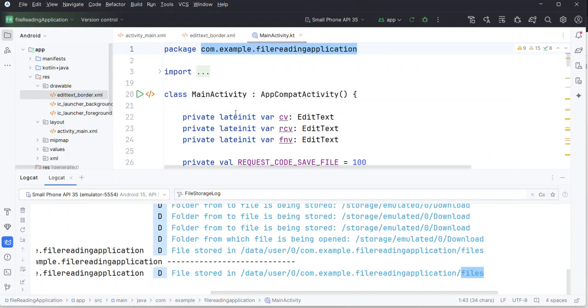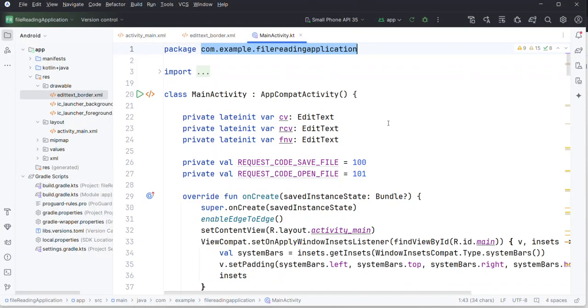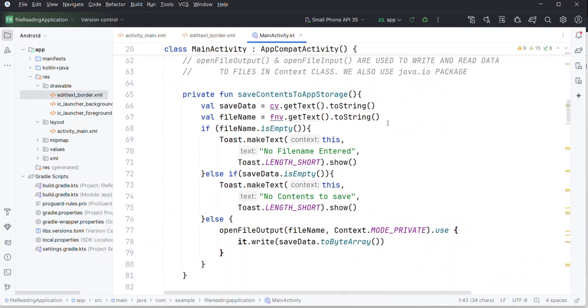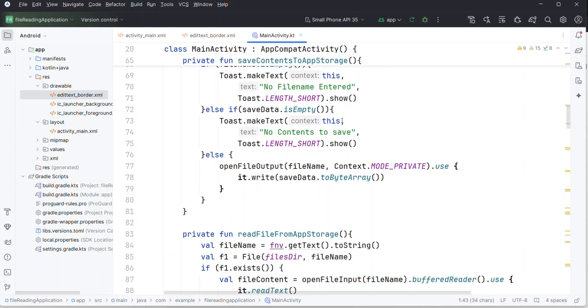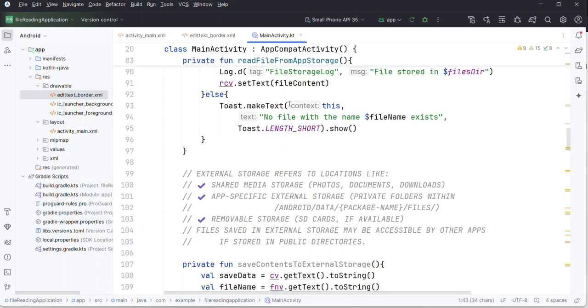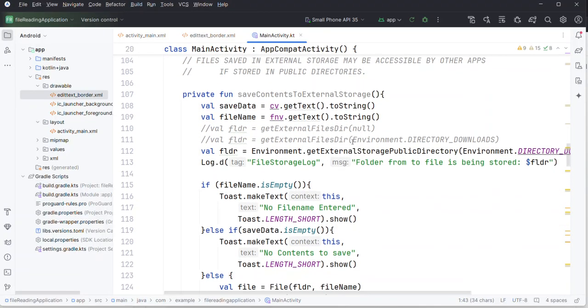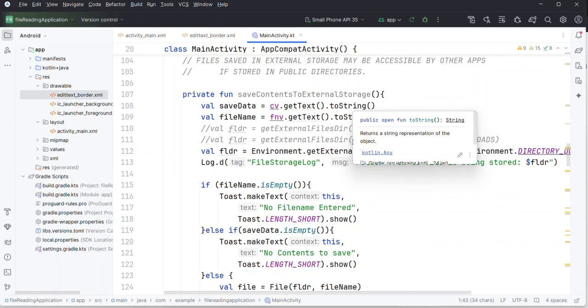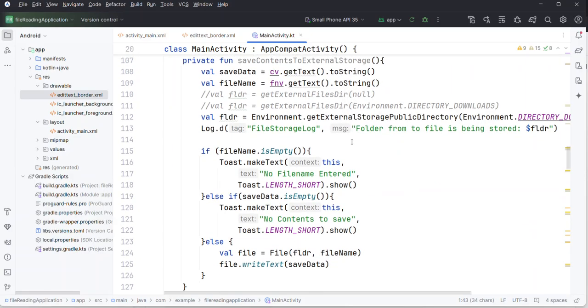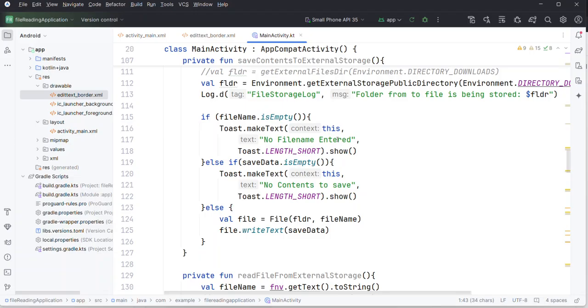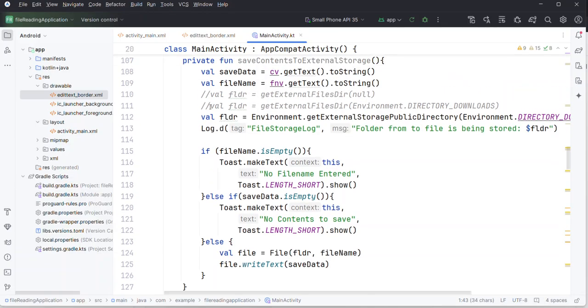Okay. So if you go to our program, save contents to app store, we will be going to the next, external storage. Here I have defined two functions: save content to external storage and open contents from external storage. Okay. So here if you observe,